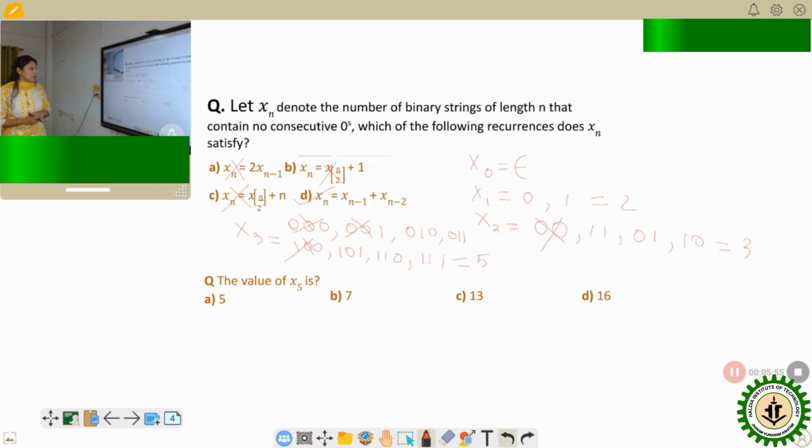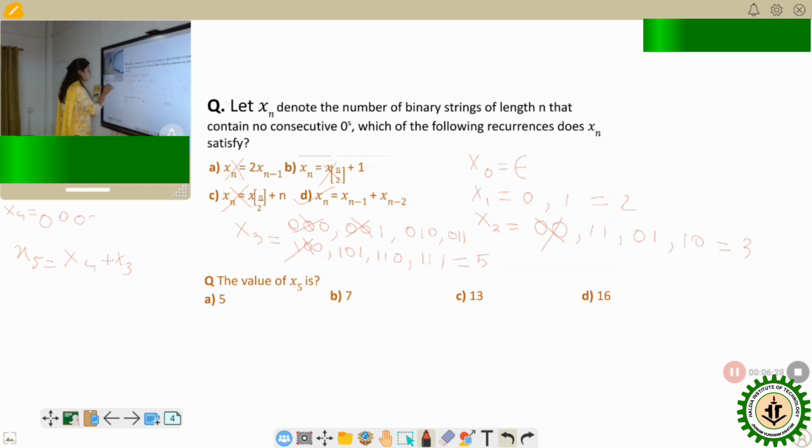Next, what is the value of x5? So x5 means the length of string will be 5. Now we know the formula, so we can use the formula x5 equal to x4 plus x3. So the value of x4 will be